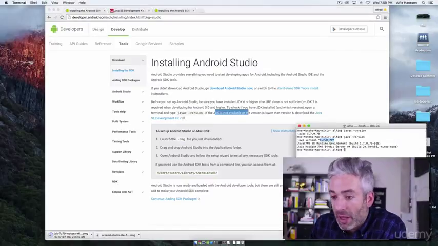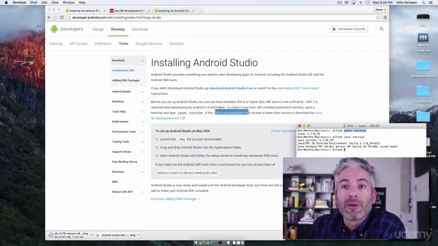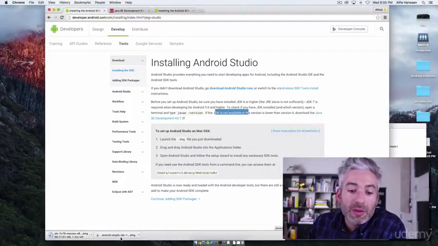And then I recommend, once that finishes, running this javac -version again to double check that you actually have it installed and you've got the version that you were looking for. So once you've got that done,